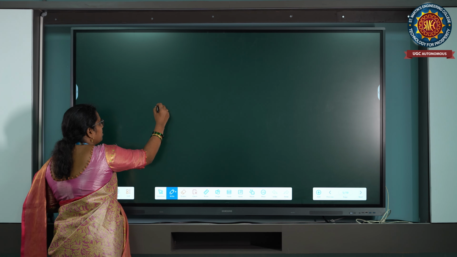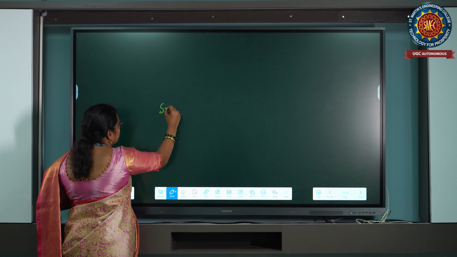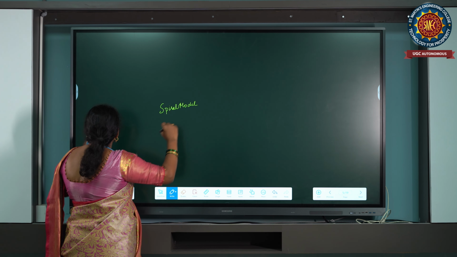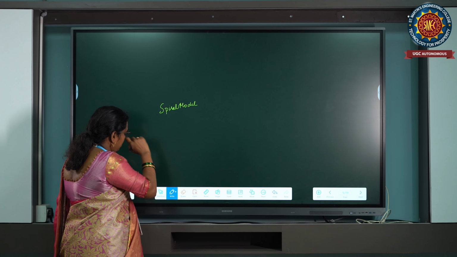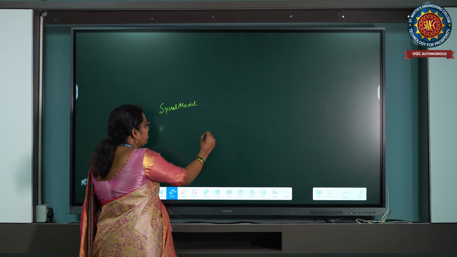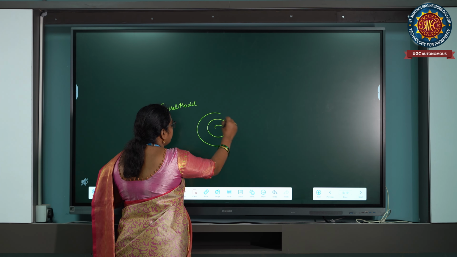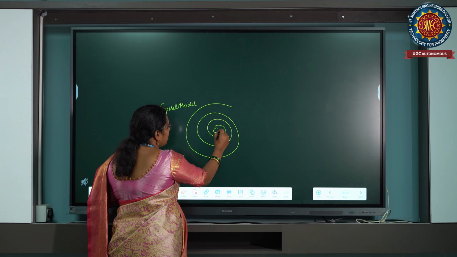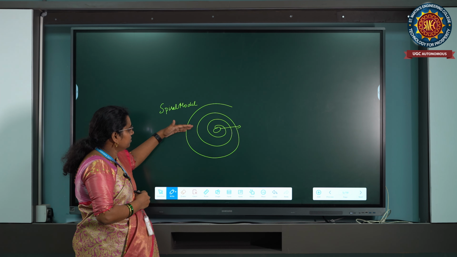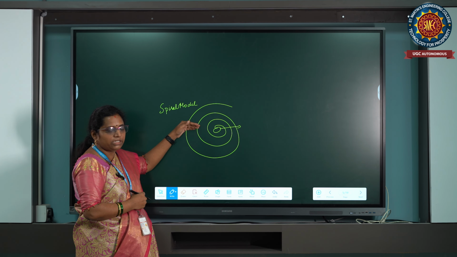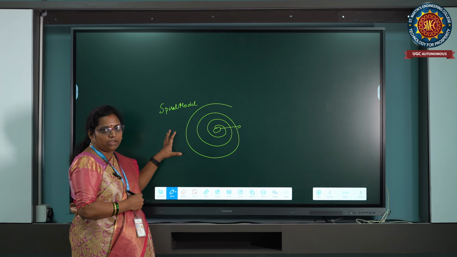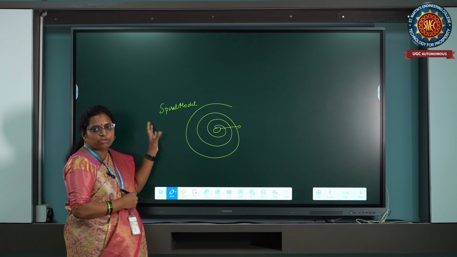Next comes the spiral model. What is the spiral model? As the name tells, it is in the form of a spiral. They are going to look at it like a spiral. They are going to start here, then test it, then do it, then again gather the requirements from the client, again test it, and complete all the phases whatever they have. This is the spiral model.